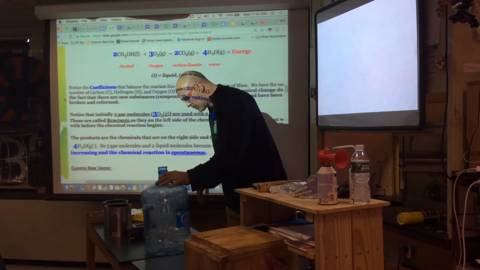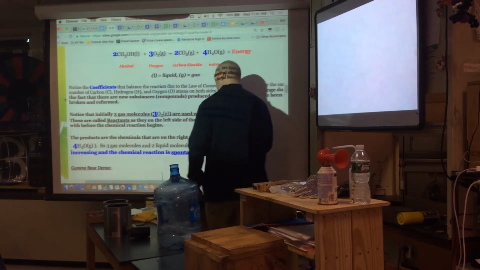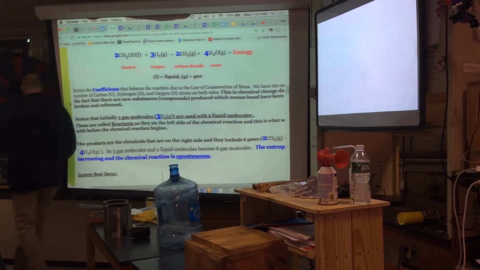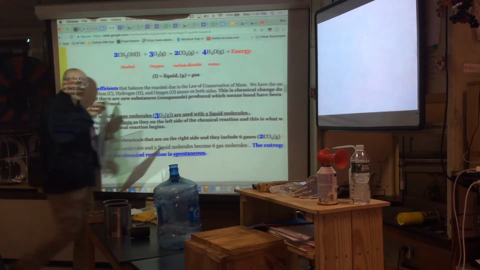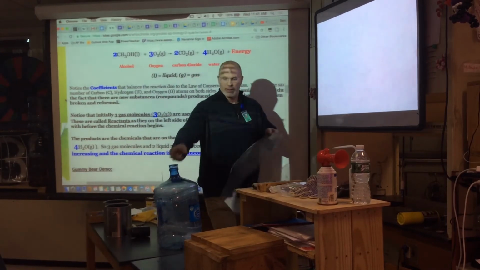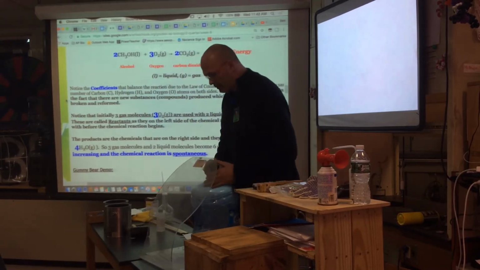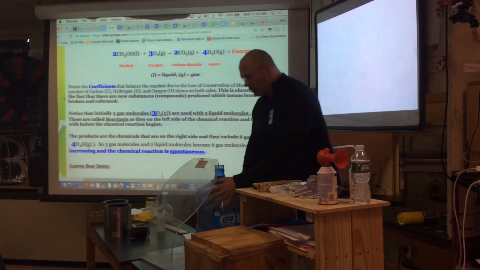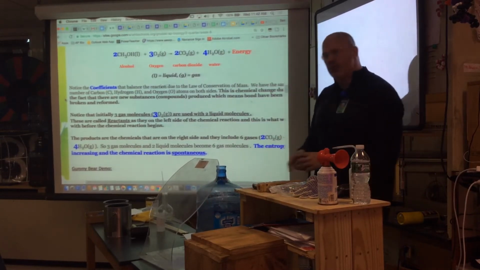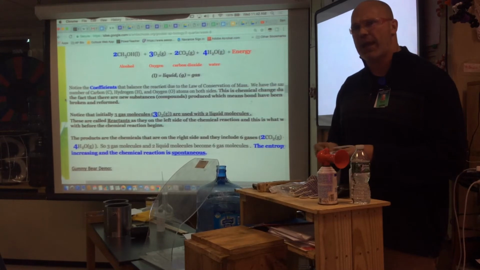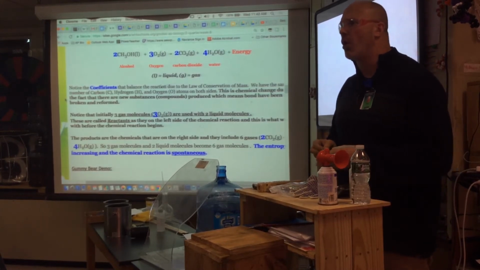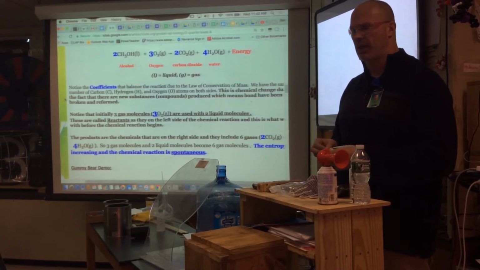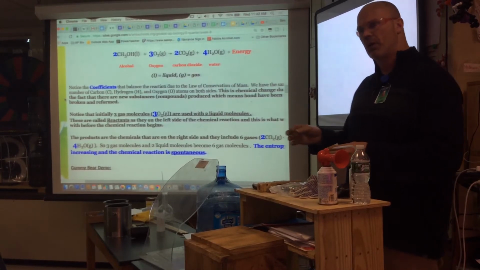So back to this. In this demo, it spontaneously evaporated. And now I'm going to react it with the oxygen in the air. But as you've seen, you say I have to add energy for a reaction to occur, correct? I have to add energy for all reactions, as we're going to see today. But just so this one, okay, let's go see what happens.